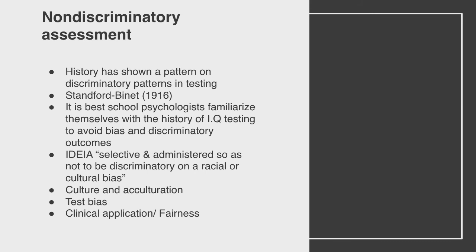So now I'm going to talk about non-discriminatory assessment, which is mostly about the history of testing and ability tests. So it's important for school psychologists to familiarize themselves with how testing was done in the past 100 years or more. And the reason why is because of a lot of the consequences that occurred due to testing and how testing was done in the past on different cultures and different races and different sexes. An example would be the 1916 Stanford Binet Intelligence Scales and the development group of ability